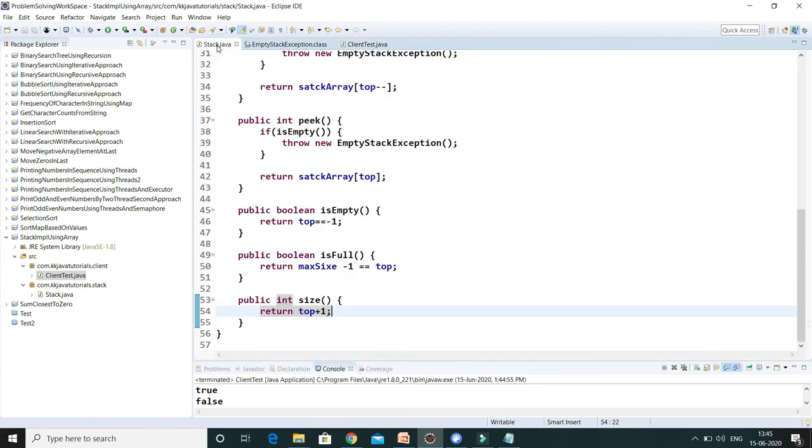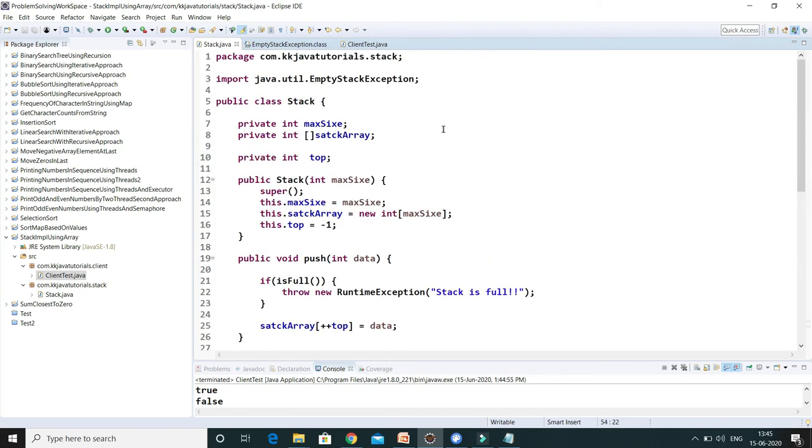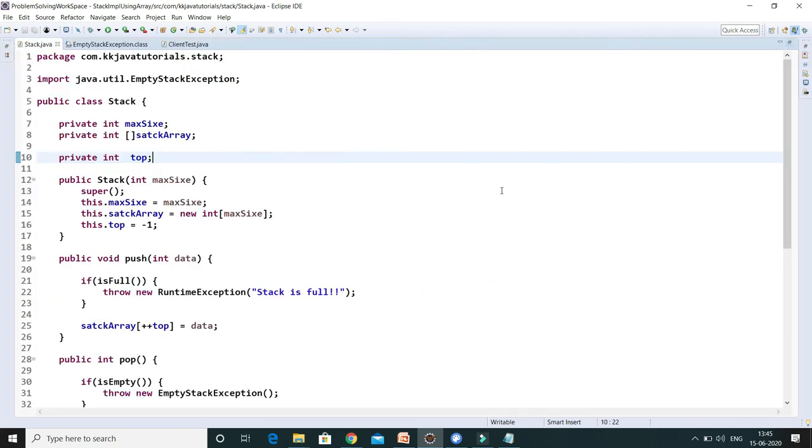Now let's talk about the space and time complexity. Let's assume there are n elements in the stack. The space complexity for n pushed items would be O of n, because every element takes a unit of space, so n items take O of n space.